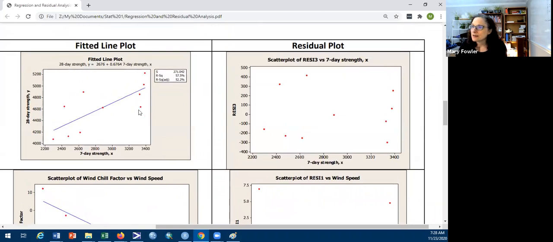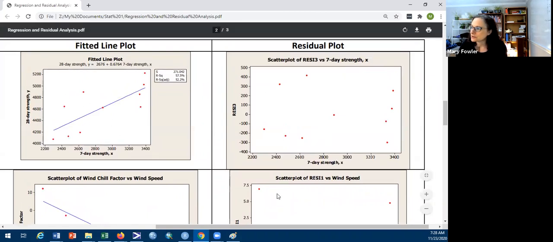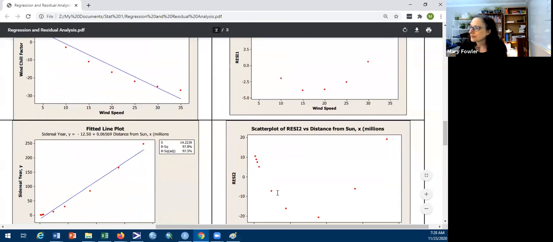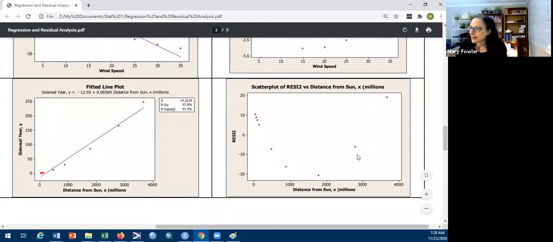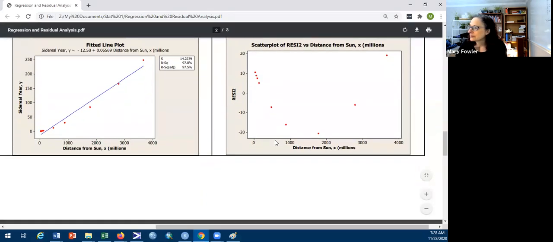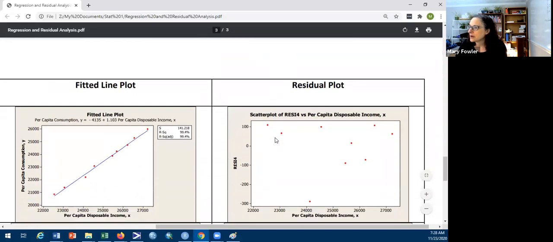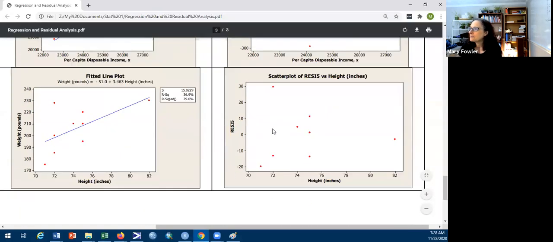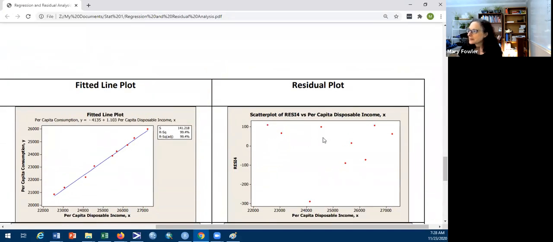Notice here, we didn't really have a pattern in the residuals, so that's good. All right, so this looks like another pattern in the residuals. All right, let's go ahead, and there's a couple more things. This one here is per capita disposable income and per capita consumption. Definitely we have this,